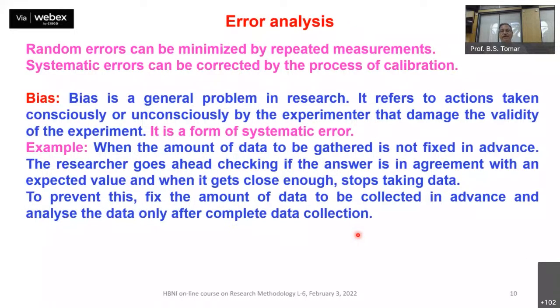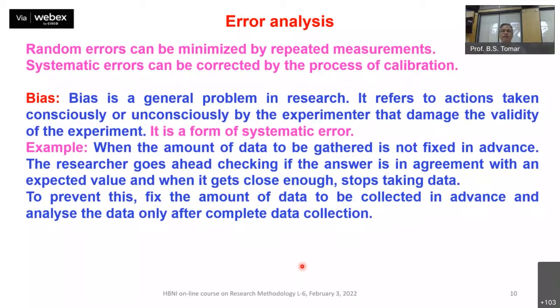And then lastly, the error analysis. Whatever data you are generating, you must report the error bars on those numbers. So you should have a mechanism to know what kinds of errors there are. The errors could be random errors, which could come from many things. Whenever you are doing a measurement, even your scale balance has some least count. Length, weight, or volume measurements always have some least counts. So there will always be some errors. Random errors you can minimize by repeated measurements. Then there are systematic errors that creep in.